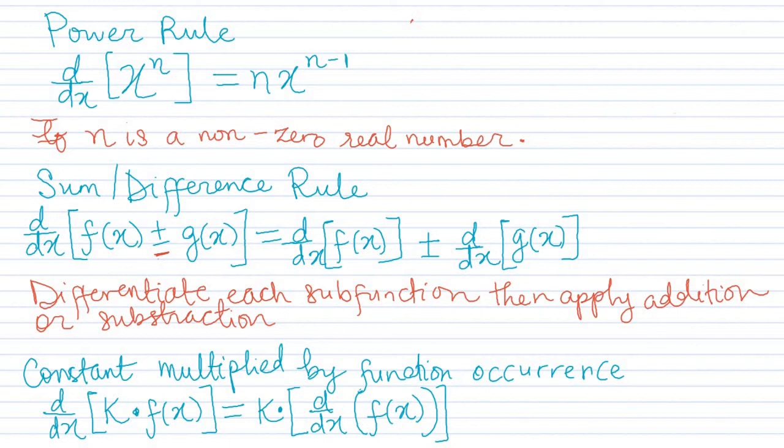So it's not that every time I'm giving you two sub-functions, they have to be added and subtracted together. No, it just means that you could either have two sub-functions added to each other